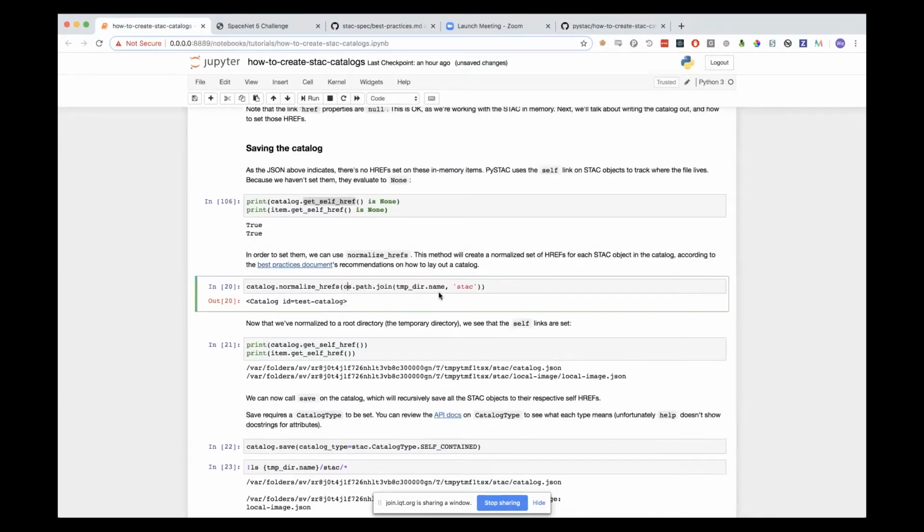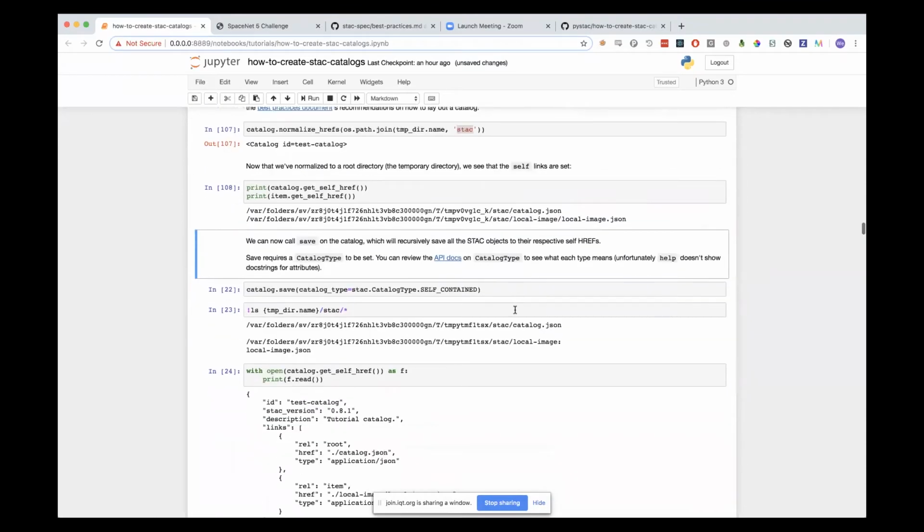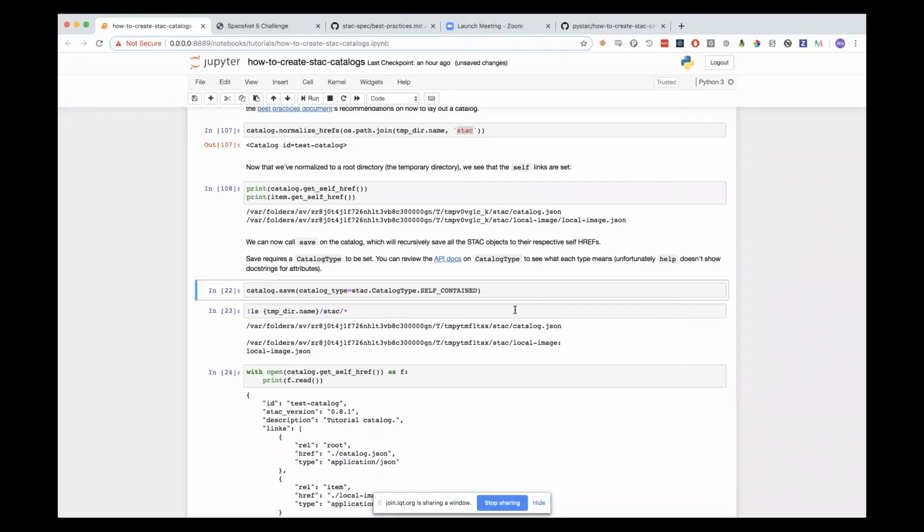Yeah, so these normalized hrefs we do to our temporary directory, and now we see that the root catalog is under the STAC directory that we laid out, and then the item is, according to the item ID, a folder named by the item ID, and then the item ID again .json, as the best practices state. So now with that, we can